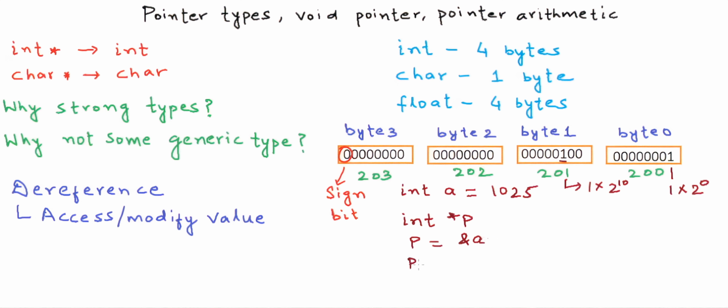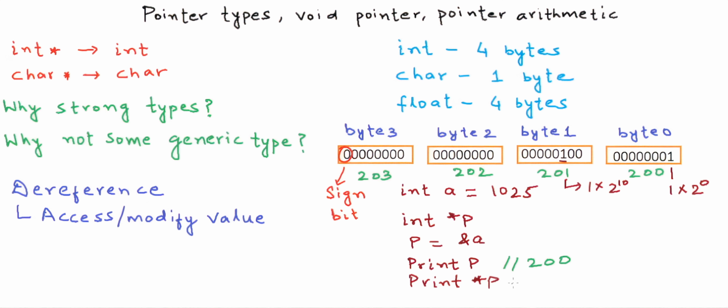What will happen if I print the value of p? The value of p, or the address stored in p, will be 200, the address of byte 0. So we are saying that we have the address of an integer variable starting at address 200. If we dereference this address and try to print asterisk p, we want to know the value at this particular